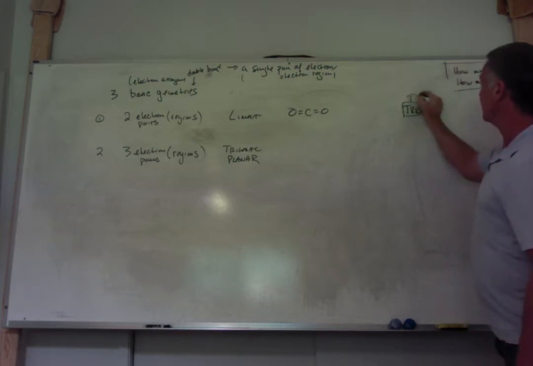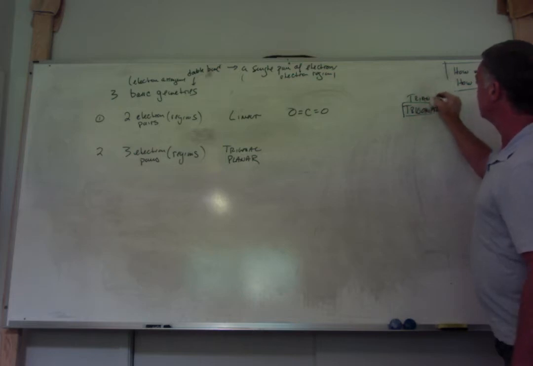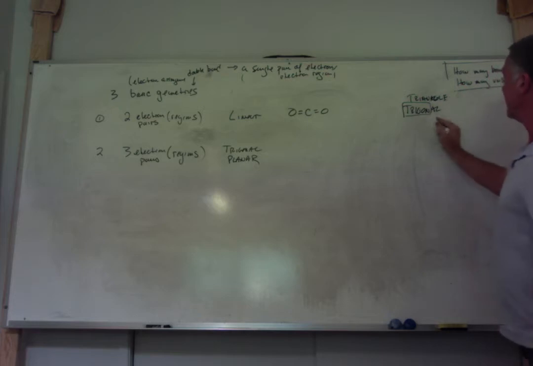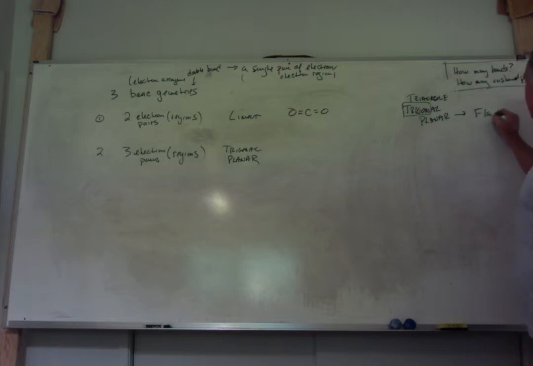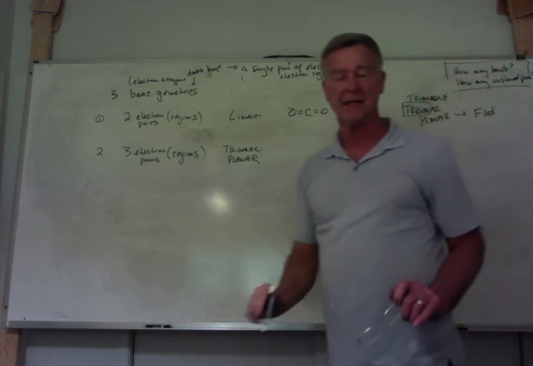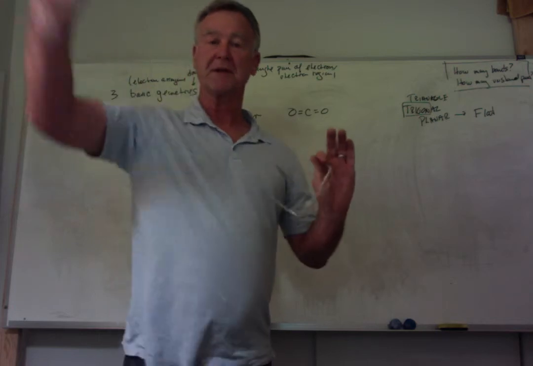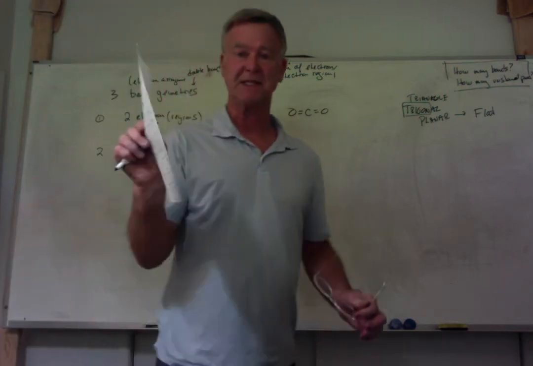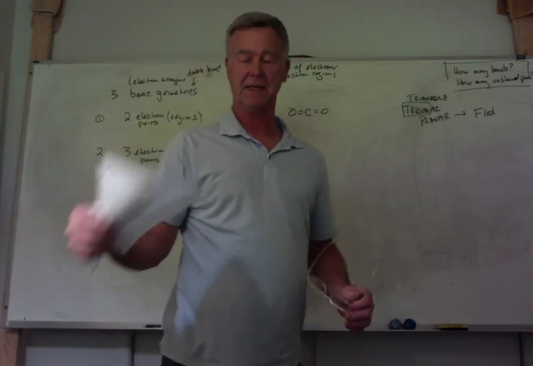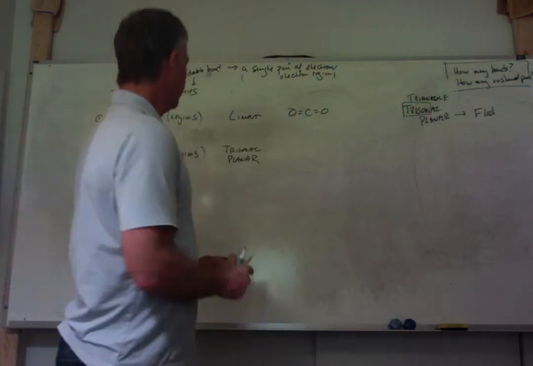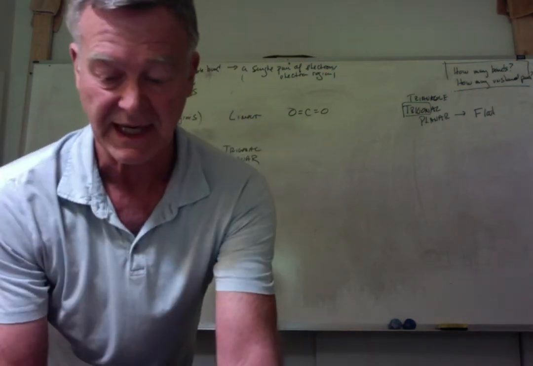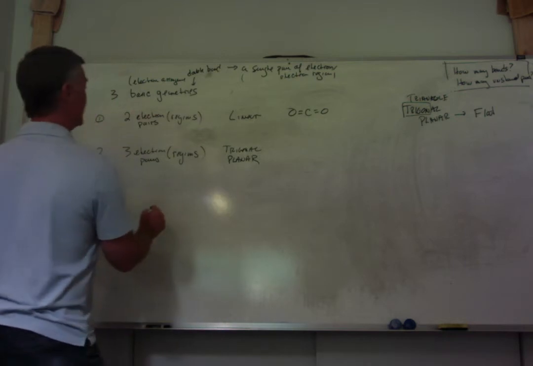Trigon means triangle. So if you'd rather think of this as triangle, and the word planar, whenever you see that, means flat. It's like a plane, not an airplane that goes in the sky, but a plane like this piece of paper is a plane. And that becomes the second type of molecule. So if I had SO3,